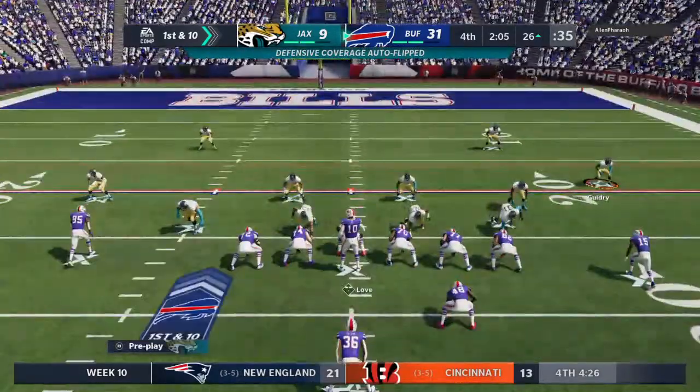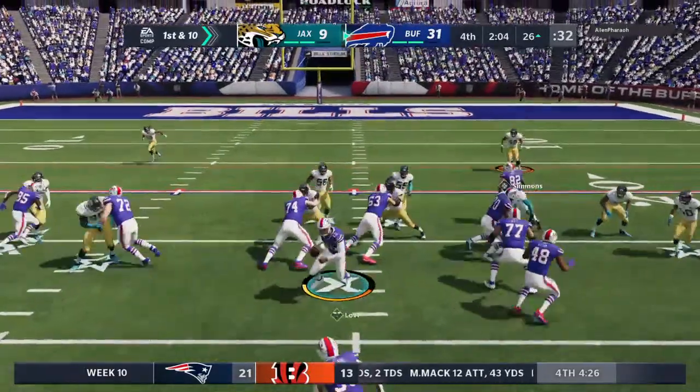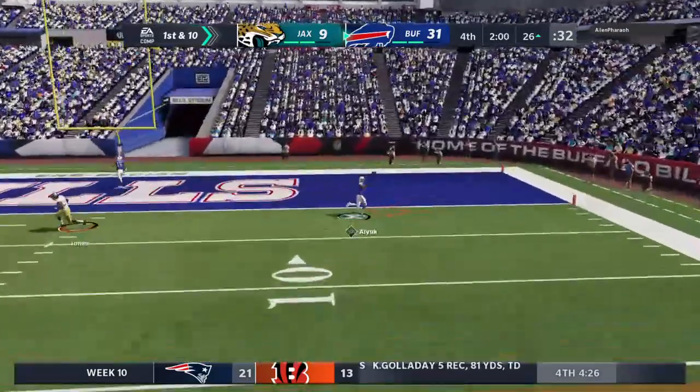6 interceptions now in these last 2 weeks combined. I know the easy thing is to go back to mechanics, footwork, things of that nature. I'm also wondering, is he getting fooled by what he...